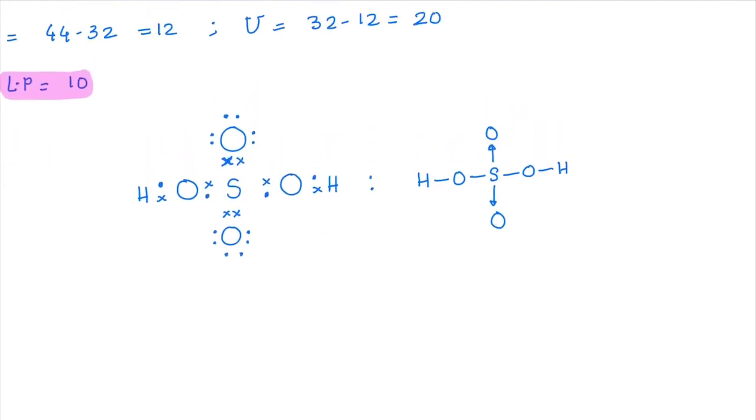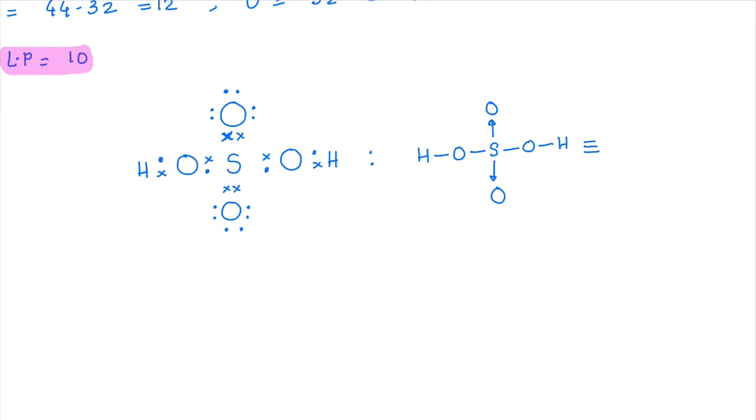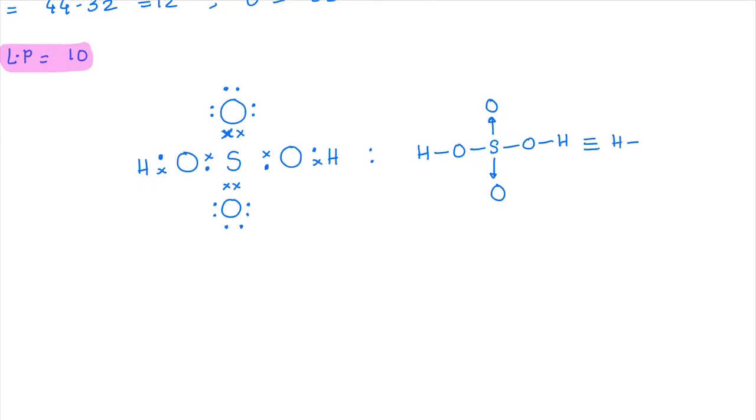By the way, this is the Lewis structure, understood? If I write it in a bond line form with purely covalent bonds, how do I represent that? S, O and H with single bonds, with single bond oxygen with minus, and this gets 2 plus. Yes or no? So this minus, 2 plus and minus which I have written, these are the formal charges. So as per the Lewis structure rules, if I write the H2SO4 structure, what is the formal charge of sulfur? The formal charge of sulfur is plus 2. Okay guys, you understood this?